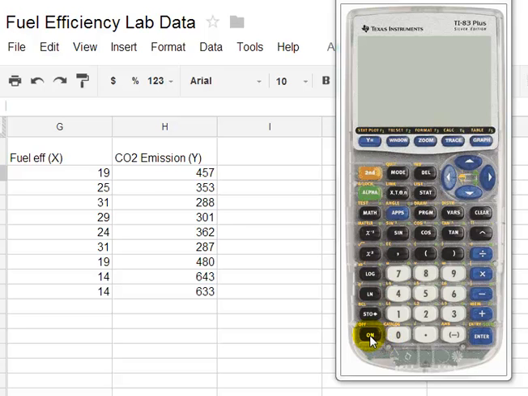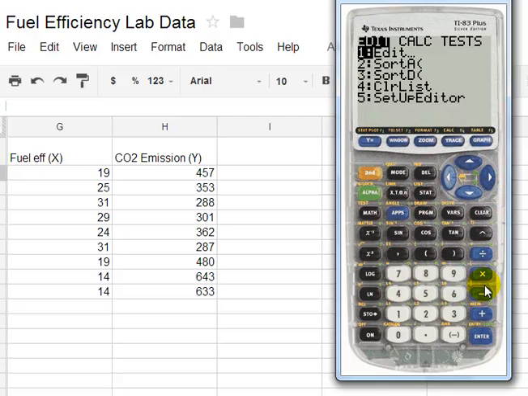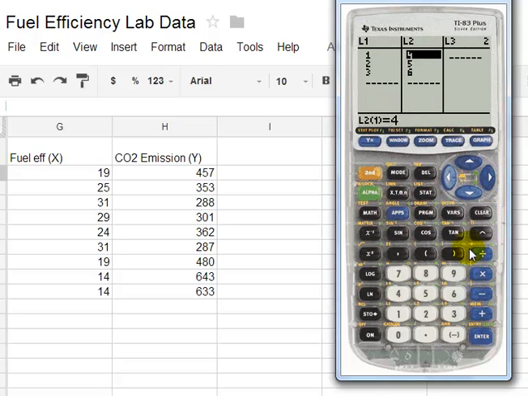Okay, so I'm going to be showing you how to do some regression using the TI-83 and using the fuel efficiency lab that is in the book here. So if I first turn it on, and I'm going to clear my calculator, I'm going to go to Stat, Edit, because that's where I'm going to edit information. Now if I have data already in here, if I click up the up arrow and hit Clear and Enter,